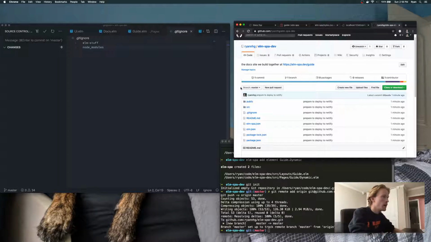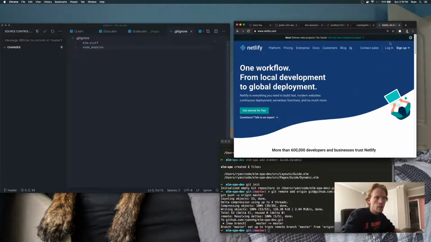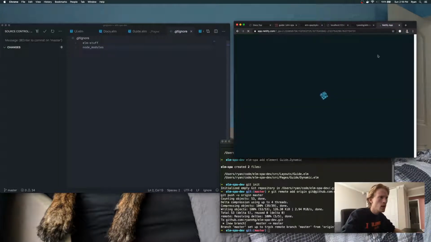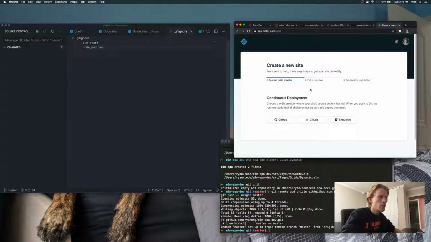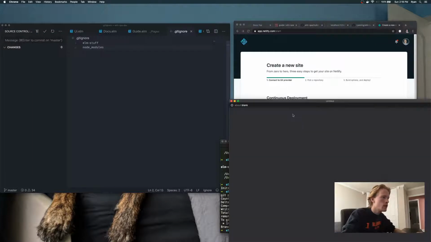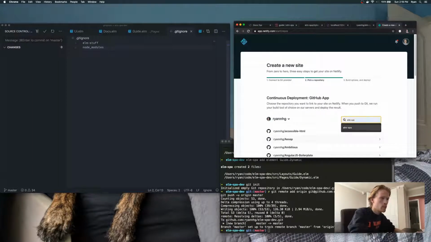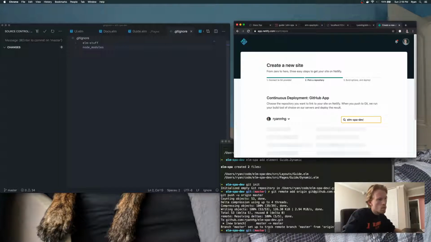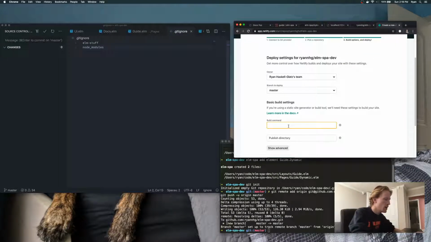Ready to deploy to Netlify. That means I'm going to go to netlify.com and log in. I log in with my GitHub, and I'm just going to make a new site from Git here in the top right. So I'll do GitHub. It'll pop this thing up. I will search for elm-spa-dev, and that's the repo we just created, so it found it. I'm going to say I want to deploy from master, and then for my build command,